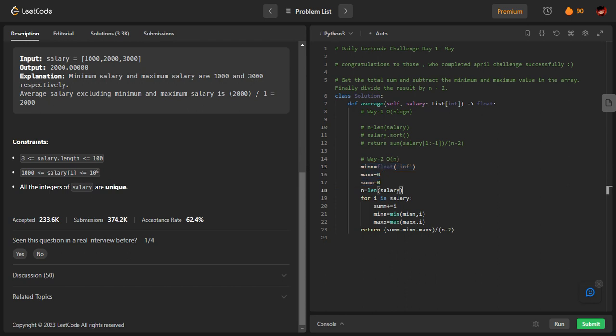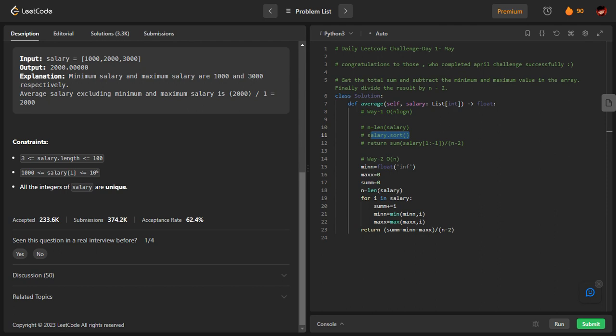Okay. Now coming to the other approach. Here it's an O of n log n approach, and the reason I'm saying n log n is that we are using the sorting function here. Basically, sorting is not needed here. Try to understand the use case. We need only the min and the max value. Min and max can be achieved using an O of n approach as well. You just need to traverse the array once, and you will get the min and max.